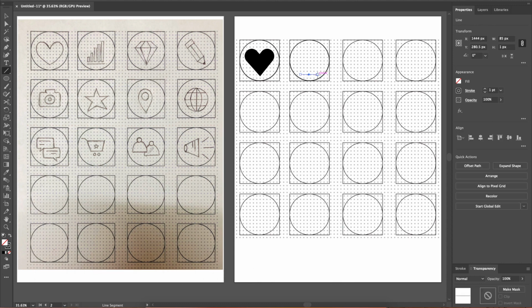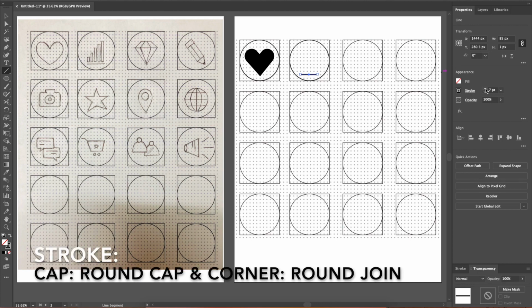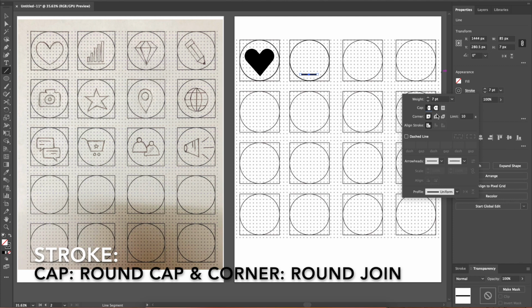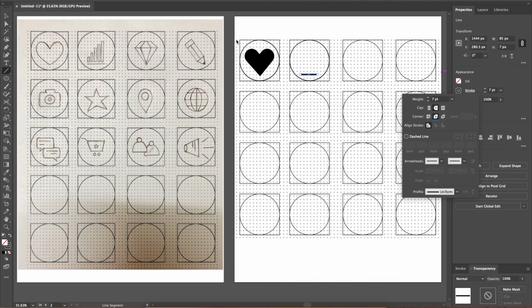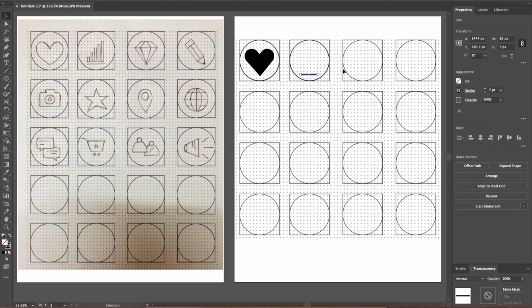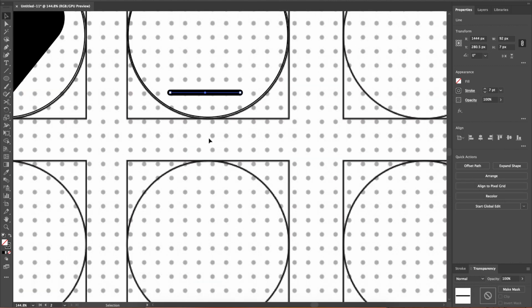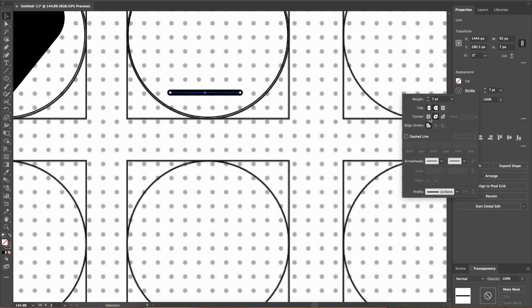Have a stroke. I'm gonna go with around 7 pixels, but I'm gonna have a round cap and a round corner so that I have a nice, if you can see, a nice round stroke. If you're not going to choose these options, it's going to be like a small tiny rectangle. So I'm gonna go with these,